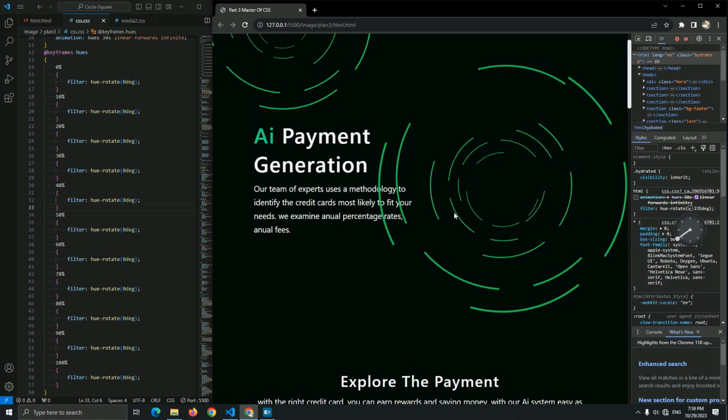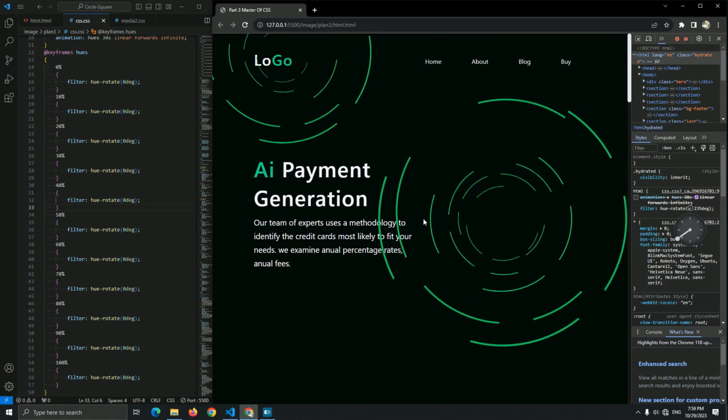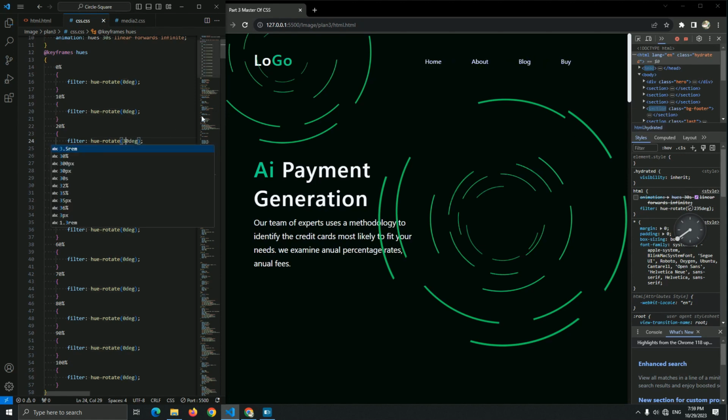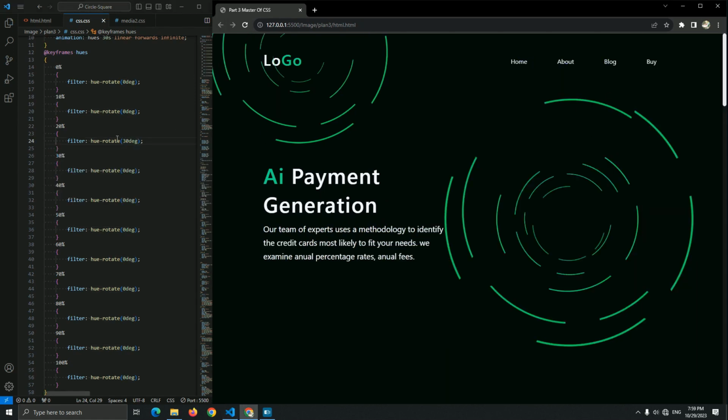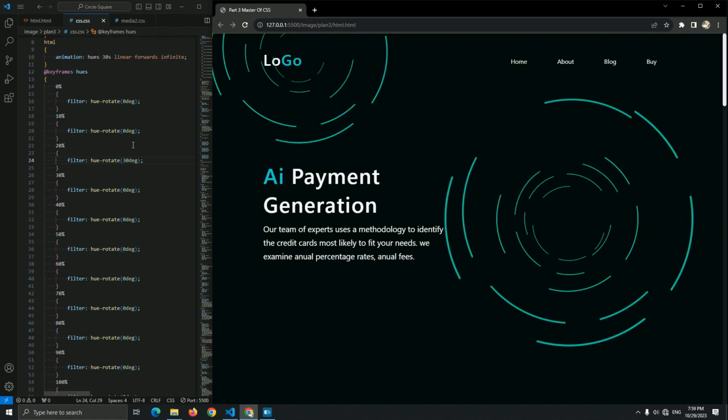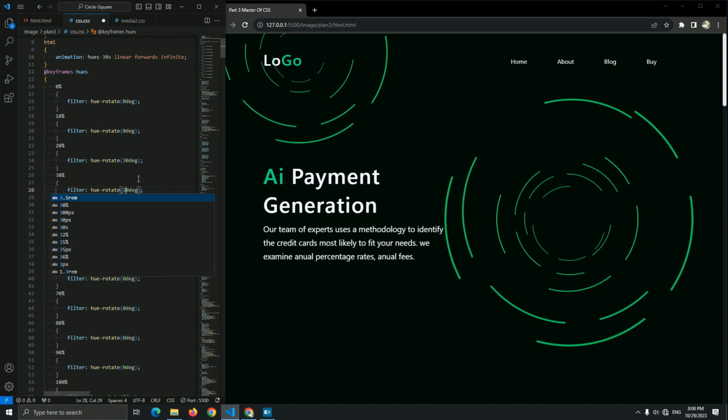So I just add my custom hue color. 10% I want to be the same, but in the 20% I want the color be a change, be a 30 degree. Okay, now in a 20%, you're gonna see the color change in a 30 degree of this color.